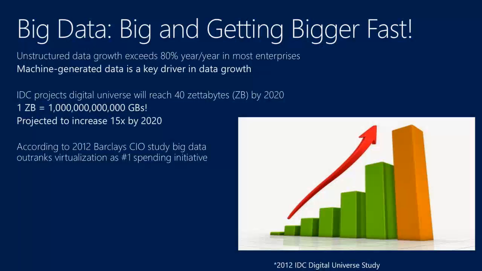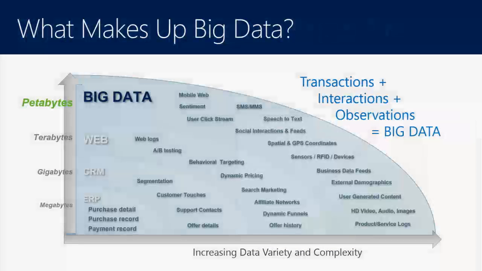We're now at a point where it's not just utility companies, not just telecommunication companies capturing mobile or location information over time. As we talk to clients, in almost every industry there's a need to store more and more information, as well as an increasing variety and complexity of information. So it's not just data that fits nicely into a relational model with some kind of structure, but it could be text files, XML, JSON, key values, all this information being captured where you don't really know how to process it yet, but you want to make sure you don't lose any of it.